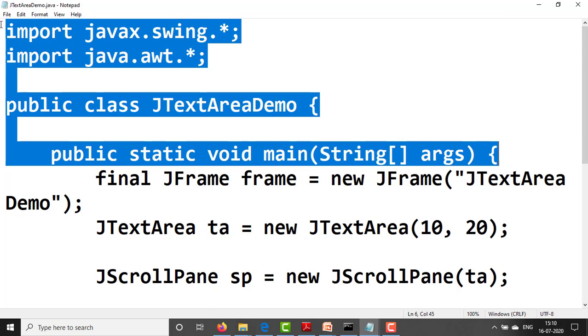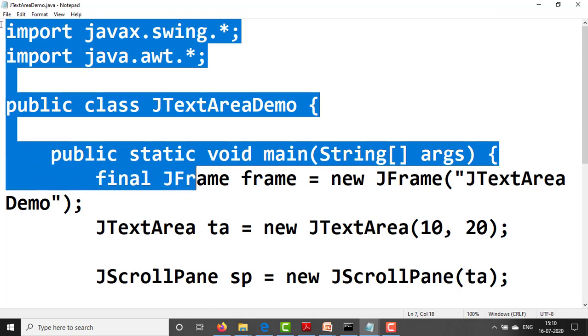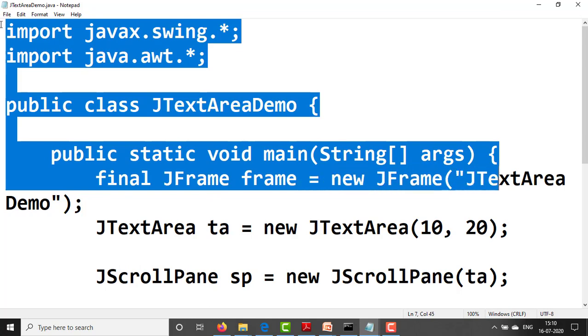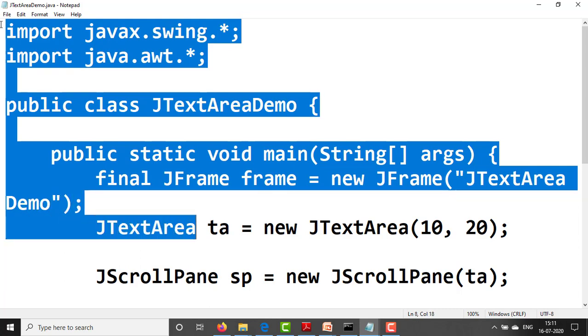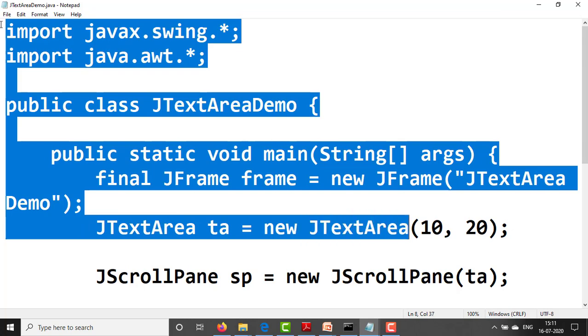Open this, open curly bracket, final JFrame frame, its instance, new JFrame, and a string title, here passing JTextArea demo. Next, JTextArea ta equal to new JTextArea(10,20).